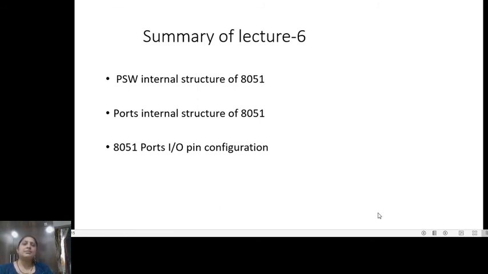At a time, if we want to use all the bits of the ports as input and output pins, we can use them, if they are not performing any other operations like memory addressing, data transmission, and serial communication operations. So depending upon which pins are allocated to perform the different functions, and the same pins we are using for the port bits, we have to use the respective bits of the ports as input output pins.